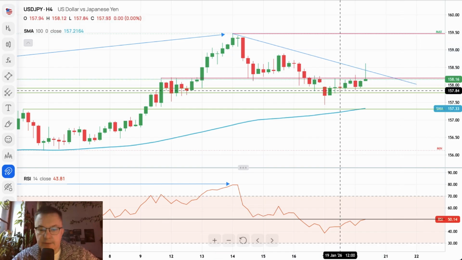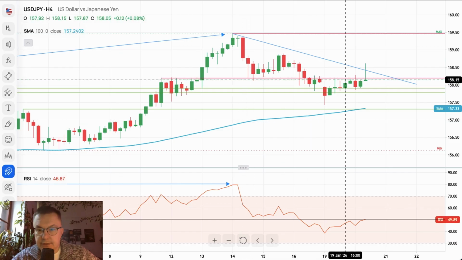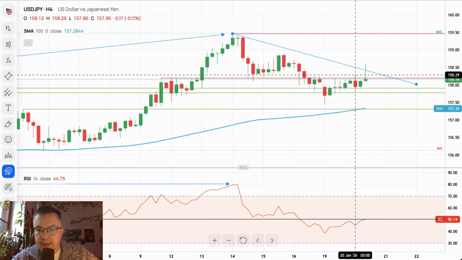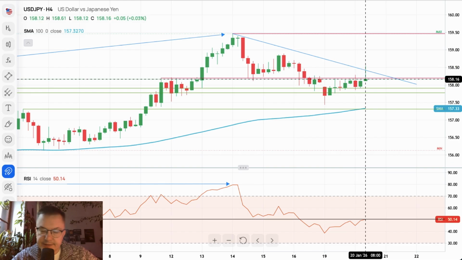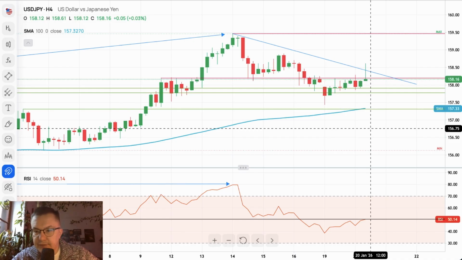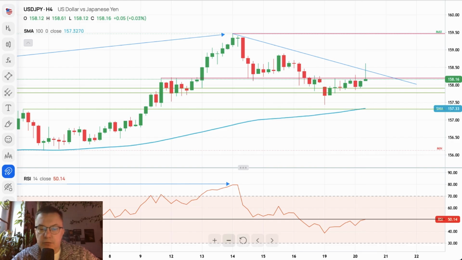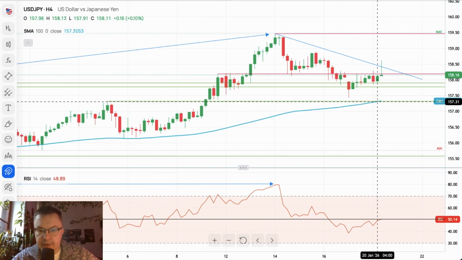And it looks like this situation could look like that. You have the trend line here, and if this candle will cross red, then we have the rejection of the neutral level on the RSI, and we have the false breakout to the upside that might have big consequences for the bulls, because bears will push the prices down towards 157.33, which is the technical support, and 100 periods moving average, key levels for the bulls.